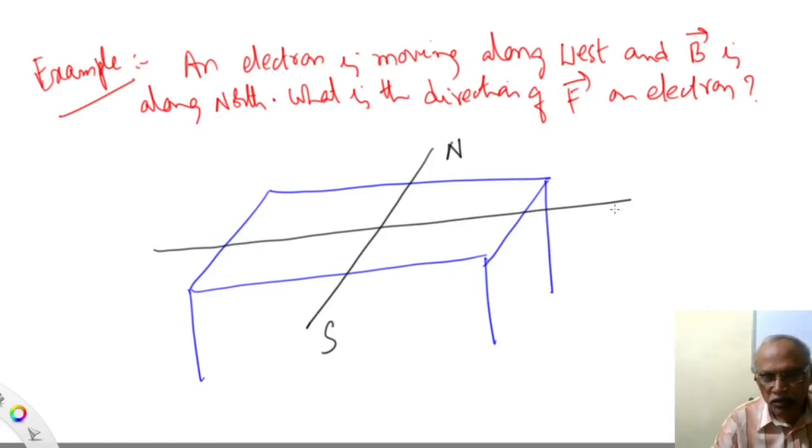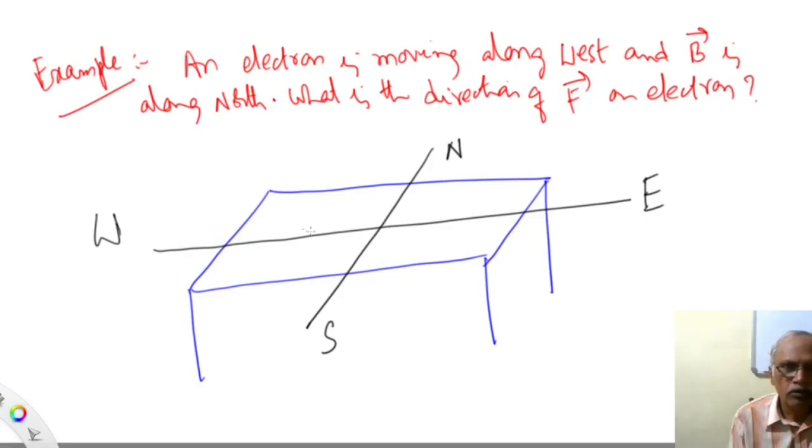Your front side is north, your back side is south. Suppose you are standing, your right side is east, and left side is west. North, south, east, west. Now here, what they said is the electron is moving along